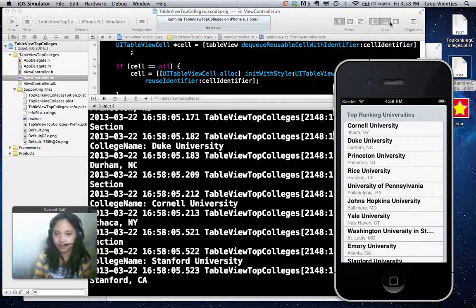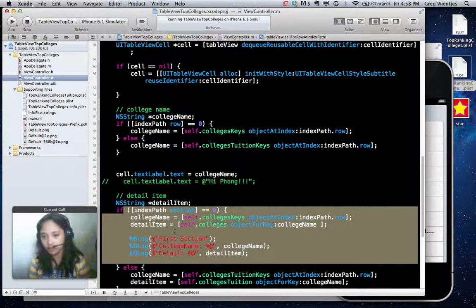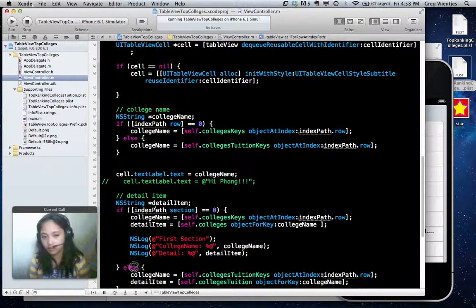But that was in a way helpful because you can see how debugging takes place, even though that was a little silly bug. I should have had this as section and not row. But you can see the way that you can, in a way, narrow down, like, okay, was there a problem in the data source in the beginning? No, that's fine. We printed that to the console, it looks great. Is there a problem in other parts of the code? Like, no, this setting of the labels for the cell, that takes place in this method. Must be in there. And then finally, we figured out that was it. So this was firing just for that very first row, when row was 0, and then it was skipping this and always doing this